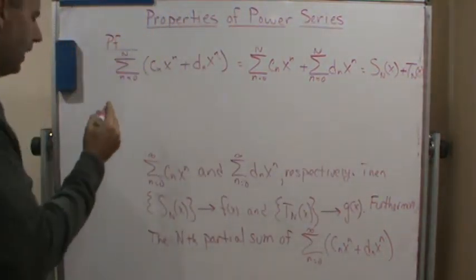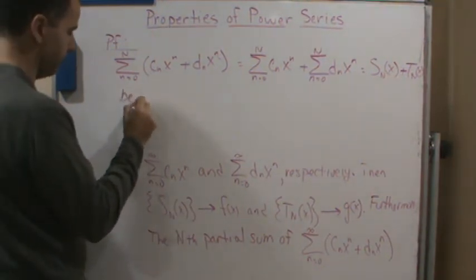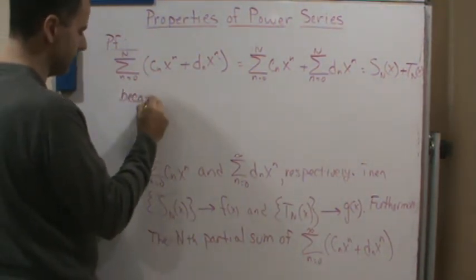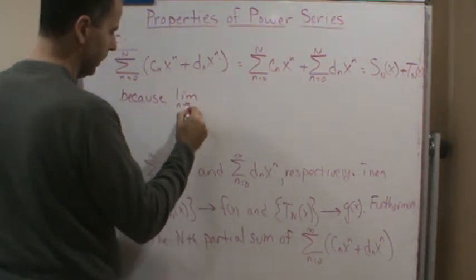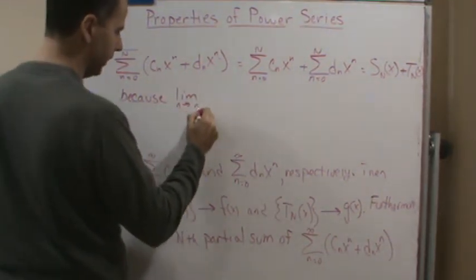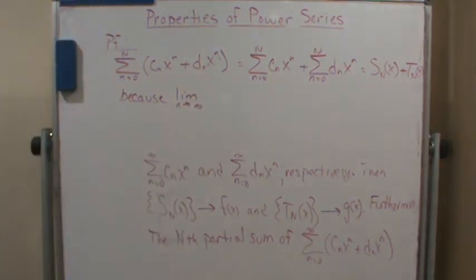And so, based on that, the limit as N approaches infinity of the sequence of partial sums,